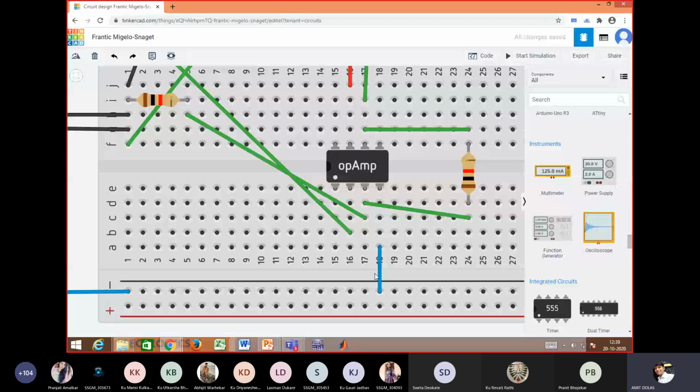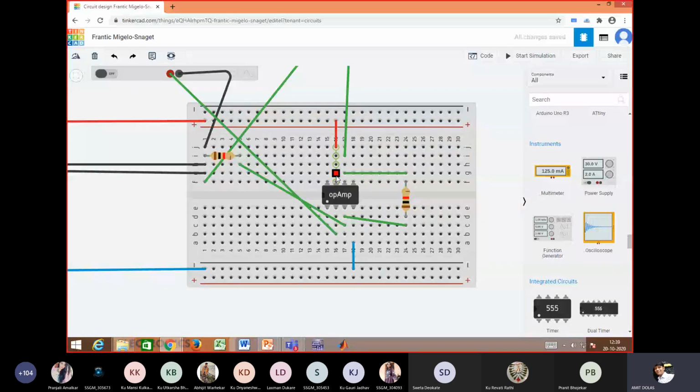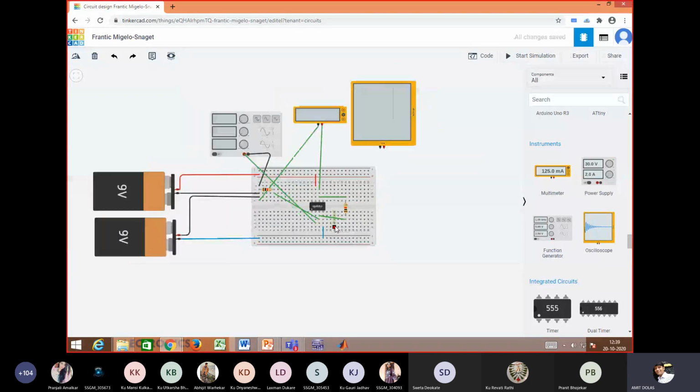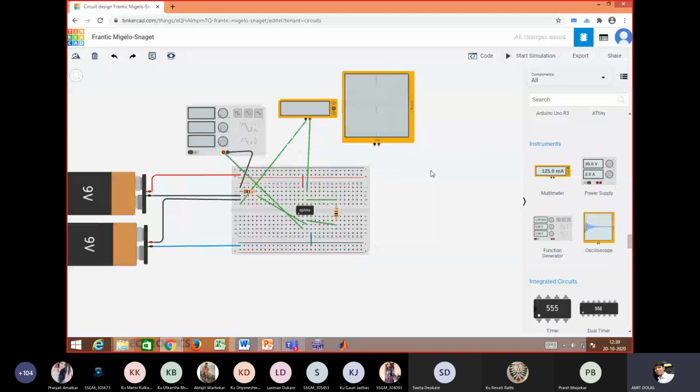Negative is proper. Positive supply is proper. So everything is good. Why are we not getting output? The simulation is not giving output.